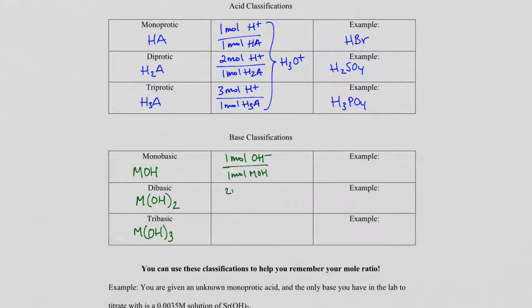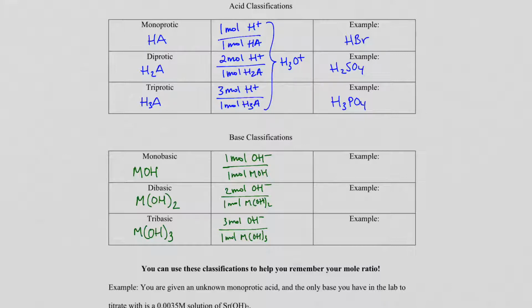Dibasic will give us 2 moles of OH minus per 1 mole of MOH2. And tribasic will give me 3 moles of OH minus per 1 mole of MOH3. Okay, and we can give you an example with that for a monobasic, so I'll give you a different